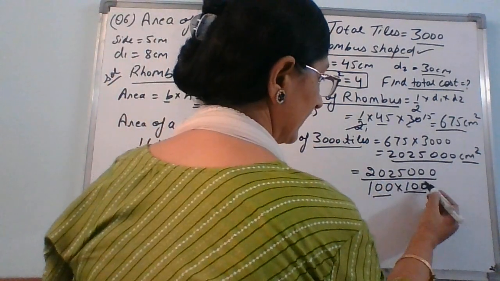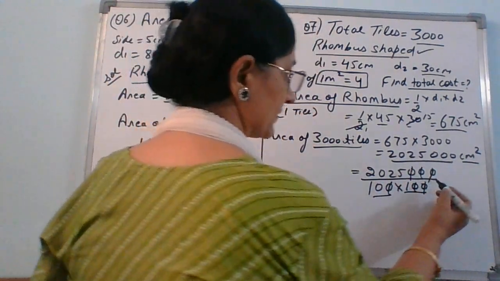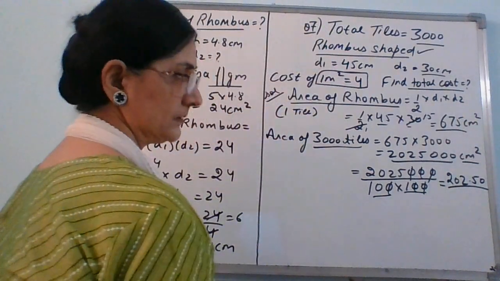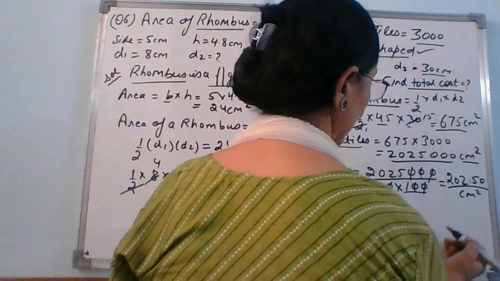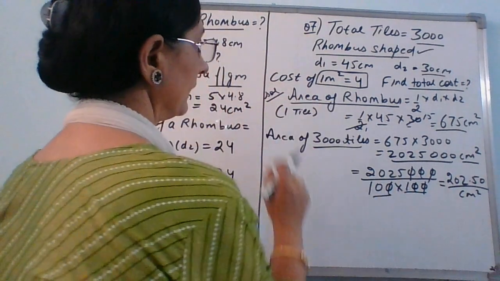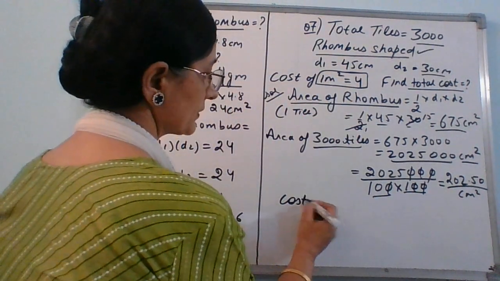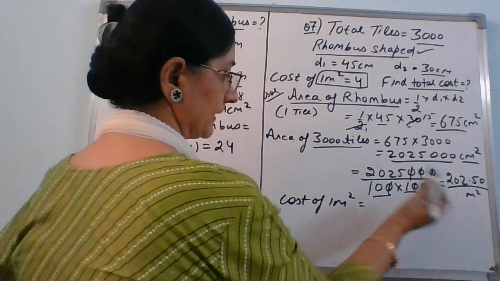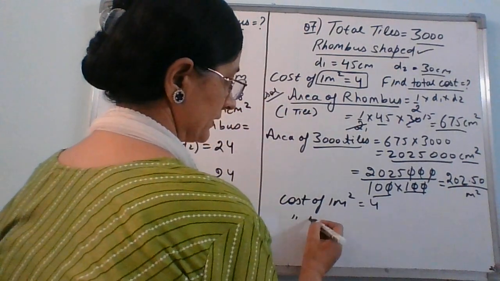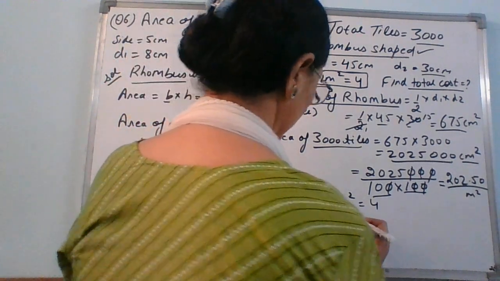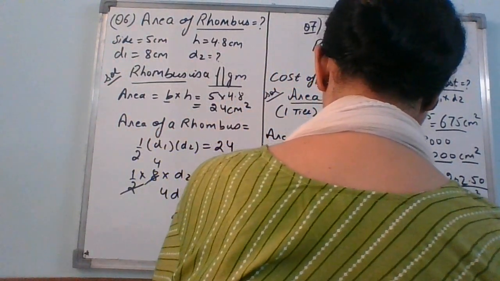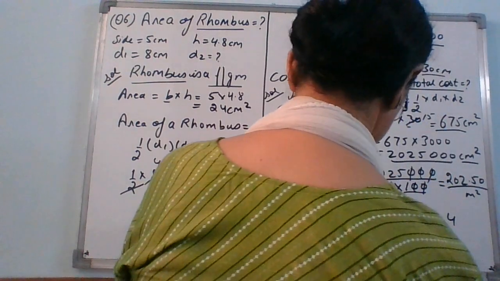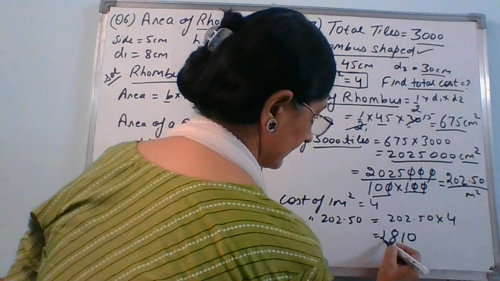दिस थिंग शुड बी क्लियर, राइट। सो ये 2 जीरोस 3 जीरोस तो वैसे ही निकल गई, राइट। सो हियर अगर हम इसको 10 से डिवाइड करते हैं तो 22.5, राइट, एक जीरो लगा देते हैं, राइट। सो दिस इज द एरिया सेंटीमीटर स्क्वायर। नाउ व्हाट यू हैव टू डू, ये हमने सेंटीमीटर में तो कर लिया। नाउ कॉस्ट के साथ आप इंटू करेंगे, राइट। आप लिखोगे कॉस्ट ऑफ 1 मीटर स्क्वायर, सॉरी, दिस इज नॉट सेंटीमीटर नाउ, दिस इज मीटर, बिकॉज हमने मीटर में कर लिया। सो कॉस्ट ऑफ 1 मीटर स्क्वायर इज 4। सो कॉस्ट ऑफ आपके पास कितने मीटर्स हैं, 202.50, राइट, और इज इक्वल टू आ जाएगा 202.50 इंटू 4, राइट। तो आपके पास आंसर आ गया 810 रुपीज।